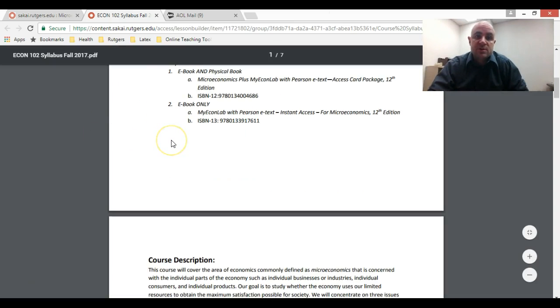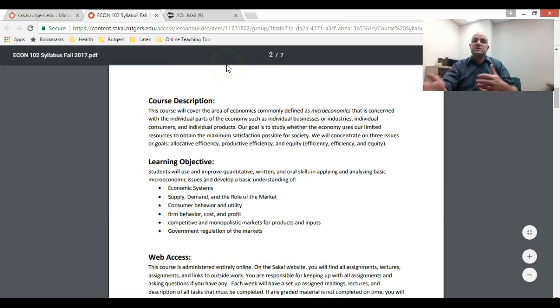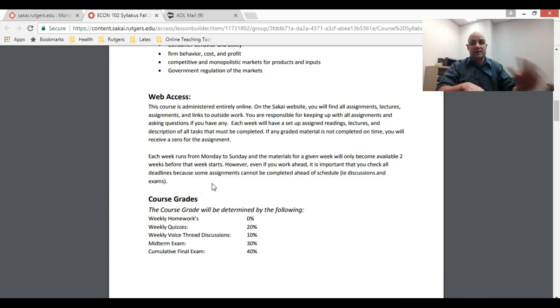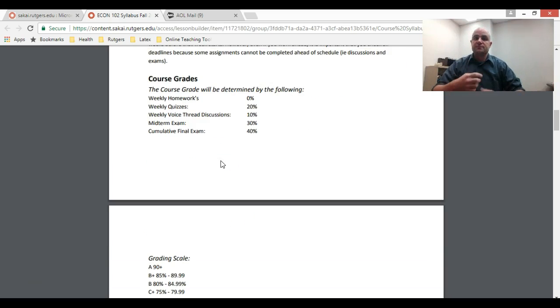So, textbook information, course information: we're going to be looking at microeconomics. You have your description and learning objectives here. Again, this course is going to be 100% administered online. All lectures, homework, discussions, all that is done online, and I'll show you all that. Now, the course grade has 4 components. There are weekly homeworks that are going to be posted on My Econ Lab, but they are really just to prepare you for the quizzes. And so they're ungraded. You can have as many attempts as you want with them.